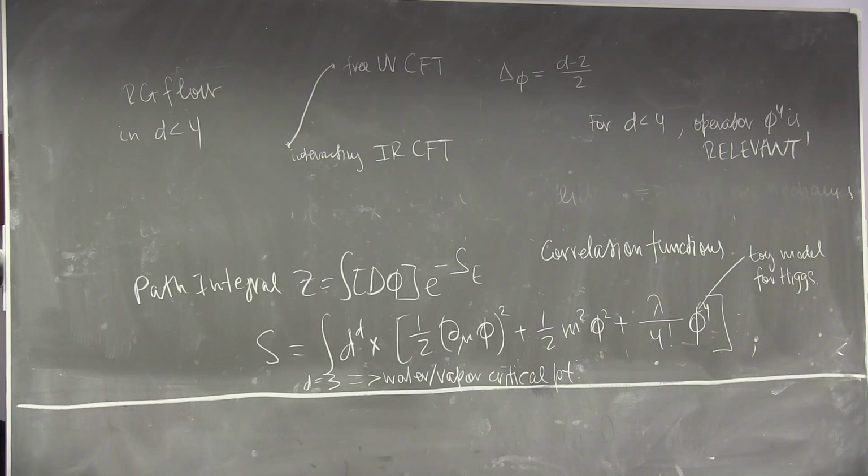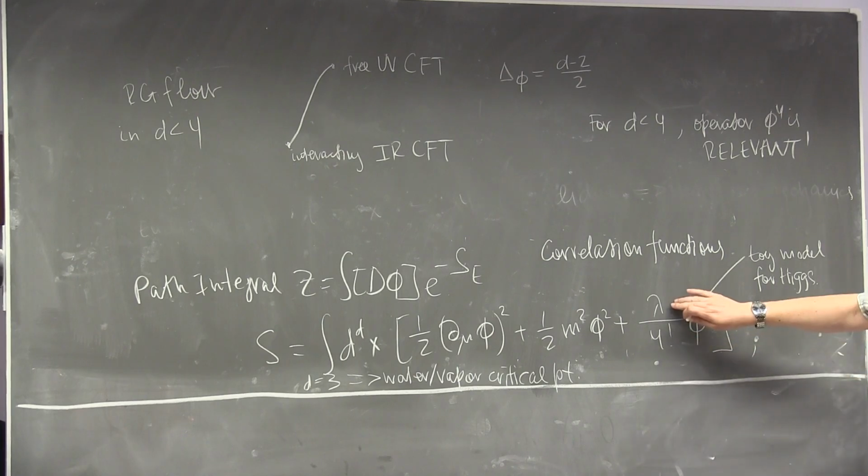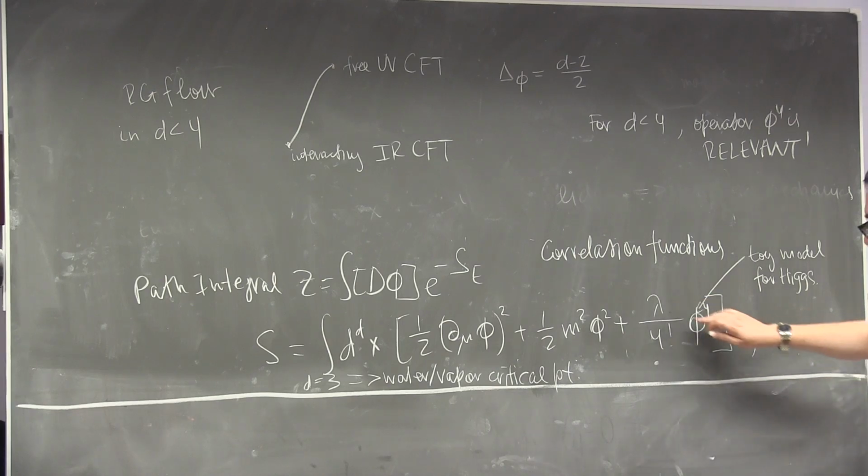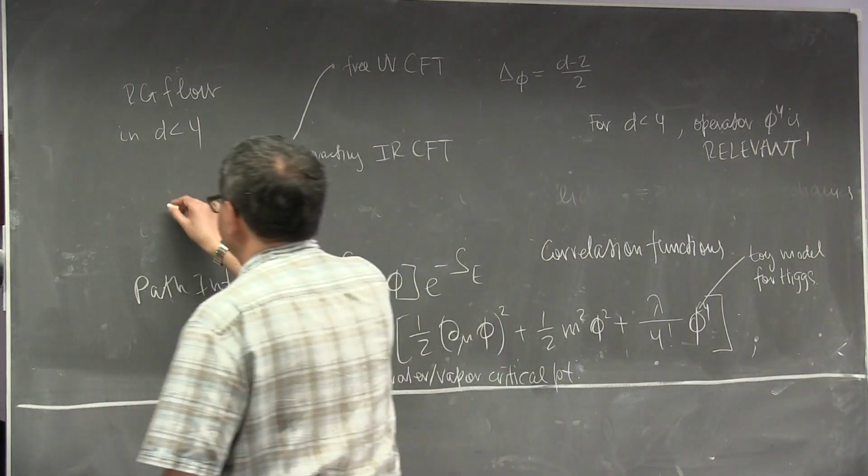So in particular, if you are in d equal 3, this lambda is a dimensionful coupling constant, and its effects grow as you start coarse graining the system. So far in the infrared, you have very strong effects of the interaction, and we don't know how to solve the theory. Now in d equal 2,